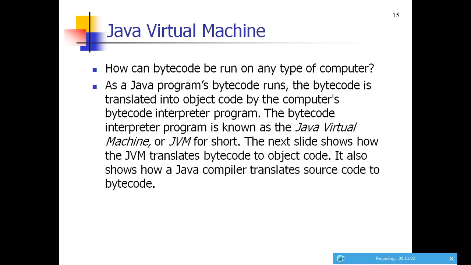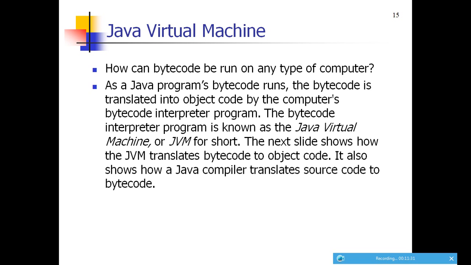The Java virtual machine. How can bytecode be run on any type of computer? When a Java program is run, the bytecode is translated into the object code by the computer. The bytecode interpreter program is known as the Java virtual machine, JVM for short. The next slide shows the JVM translating bytecode to object code.